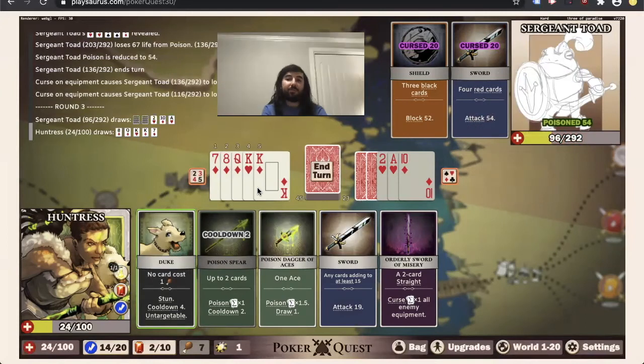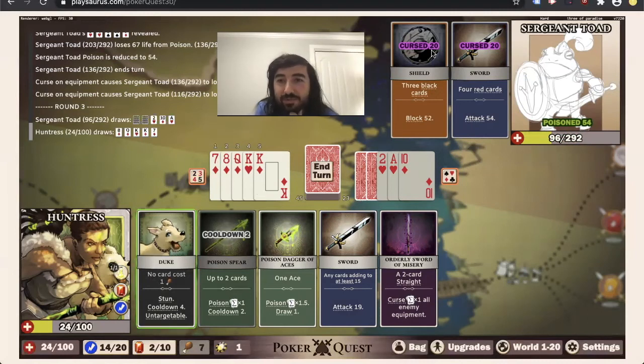So we use Duke. Now the good news is I think we kill him next turn. Or this turn. Hold on. If we use Duke, he takes 40 here. So that's 90, 94. So I think we just win this turn. Can we win without using Duke? Is interesting. Okay, so